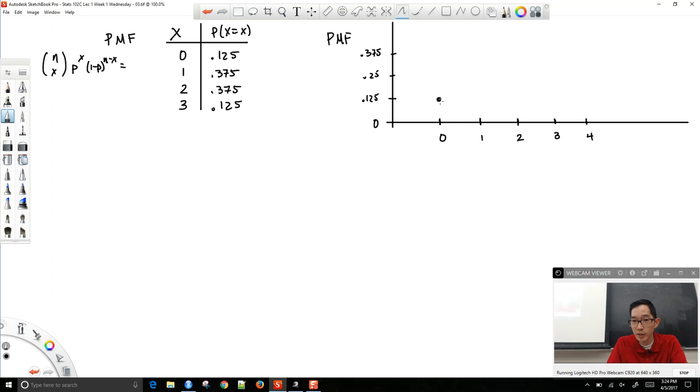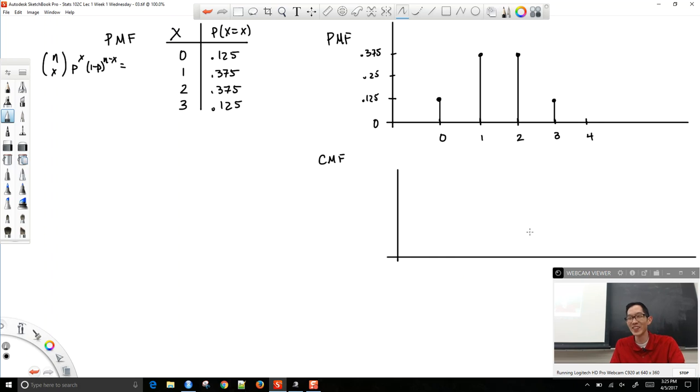Okay, and basically your PMF looks like this. Okay, and then what does the cumulative mass function look like? Right, okay, so starting at 0, at the end when we get to